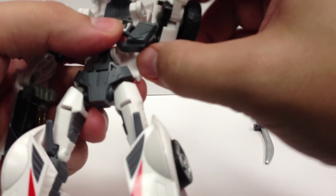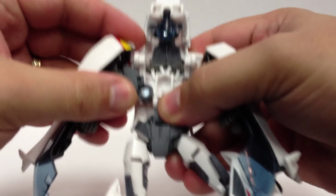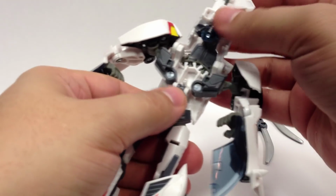You lift it up on this dark gray hinge, and then there's a lighter gray hinge here that actually lets this slide down to come out to form the shoulder. And you can see there's already a couple peg holes here. The chest is going to peg right in here. But you take this whole top piece,